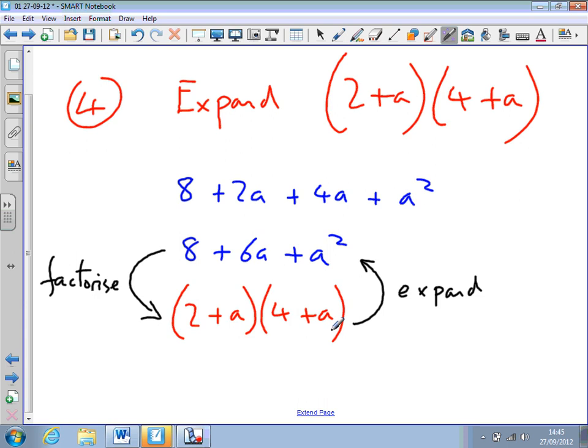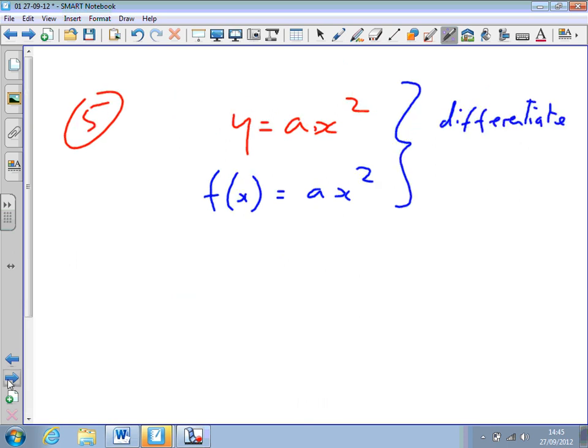So, number 5. How do you differentiate? Okay, do you remember? I'm going to do that in red because that's the top one. So dy by dx, if we look at the red one first, equals,